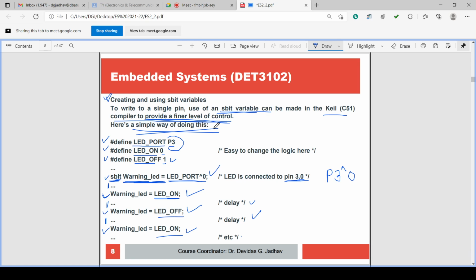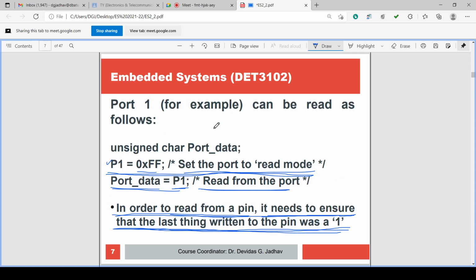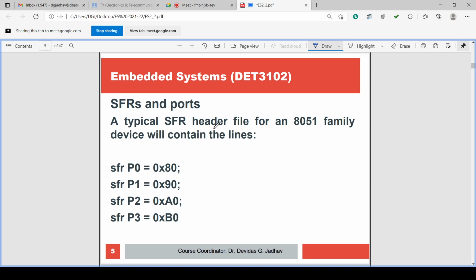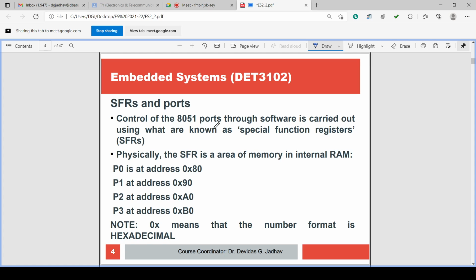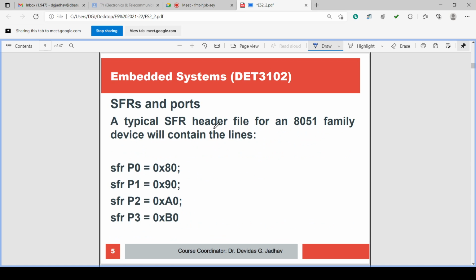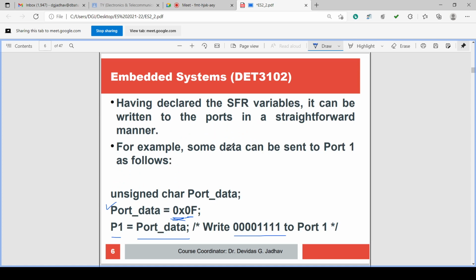Define is also a declaration. SFR variables also can be declared in the header file, so the ports can be written to in a straightforward manner.